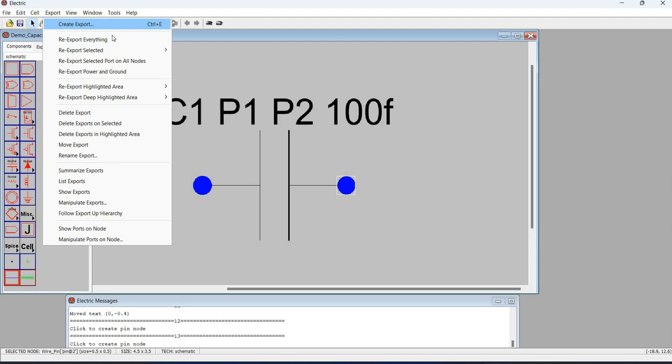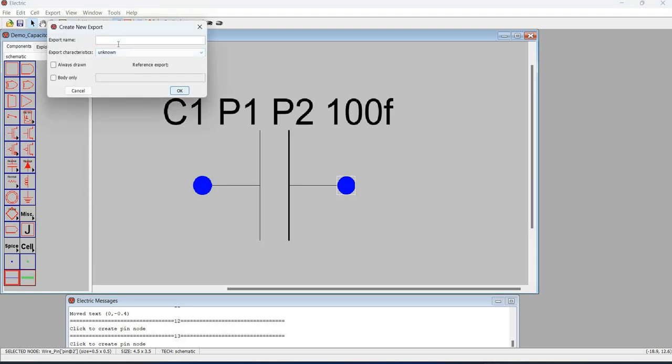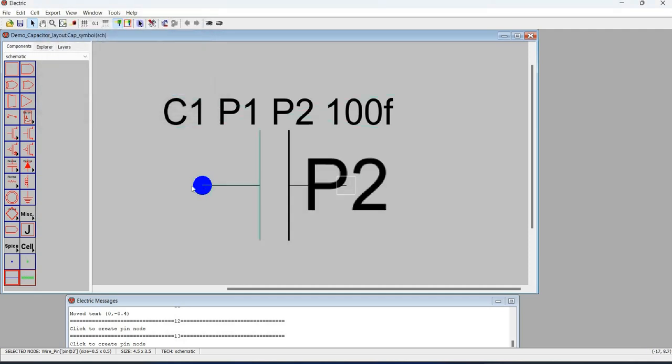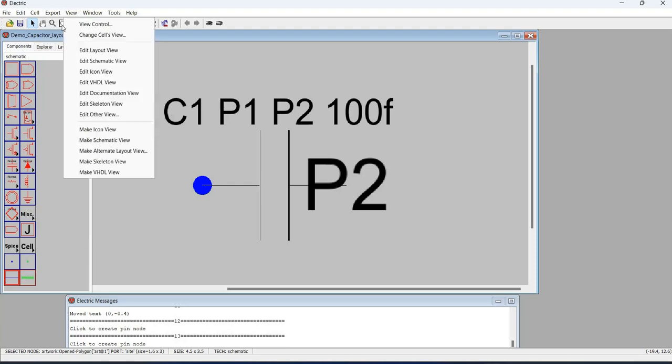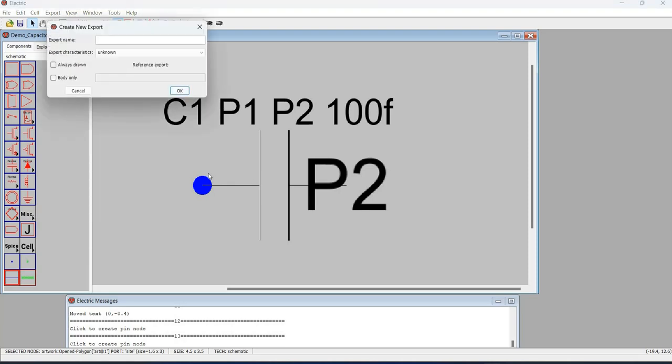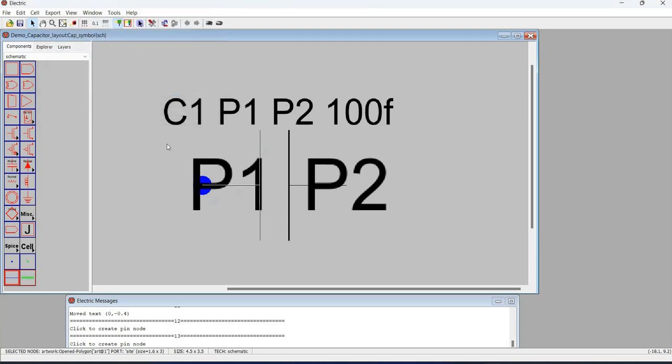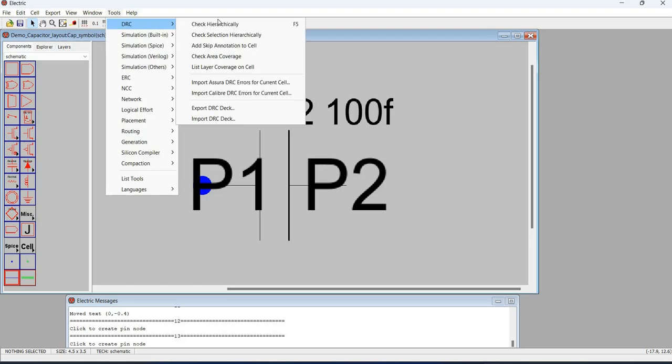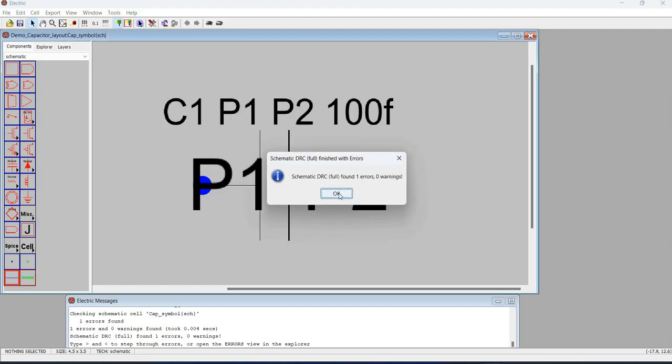So export, create export. So P2 on the other side and P1 on this side. So tools, DRC, so you can check.